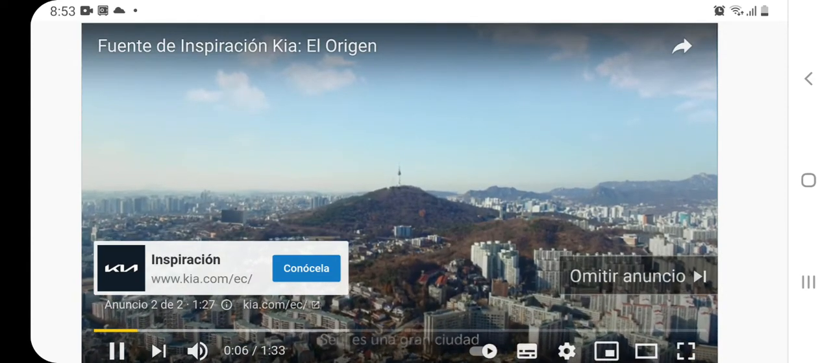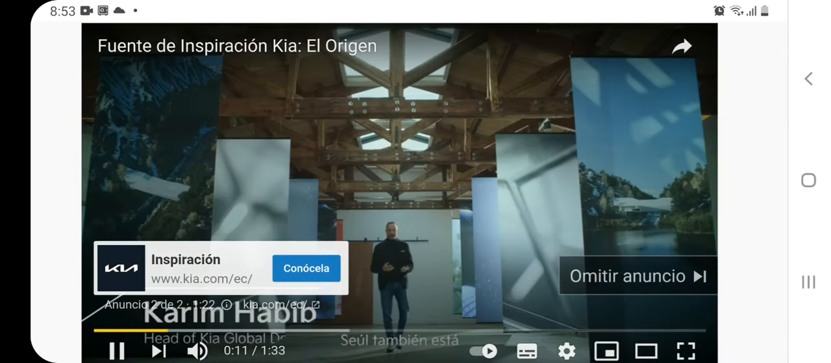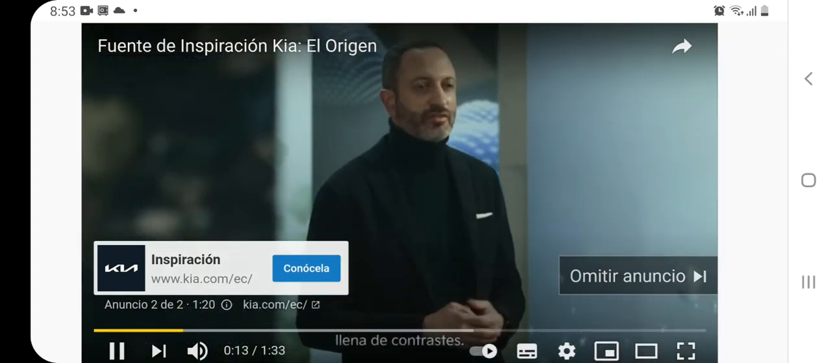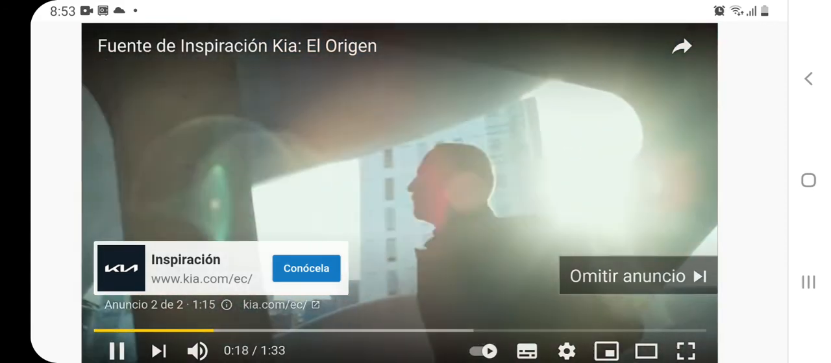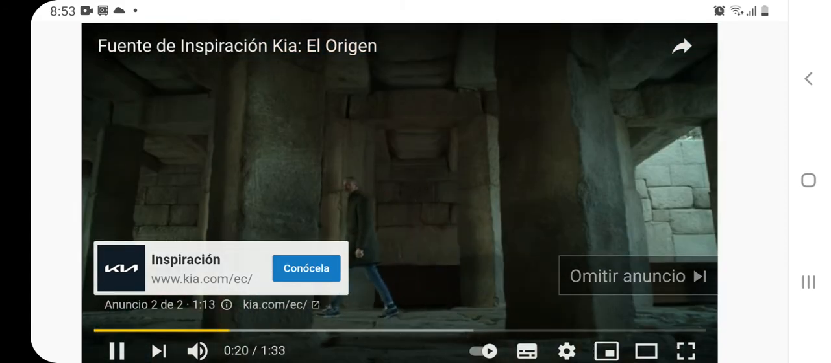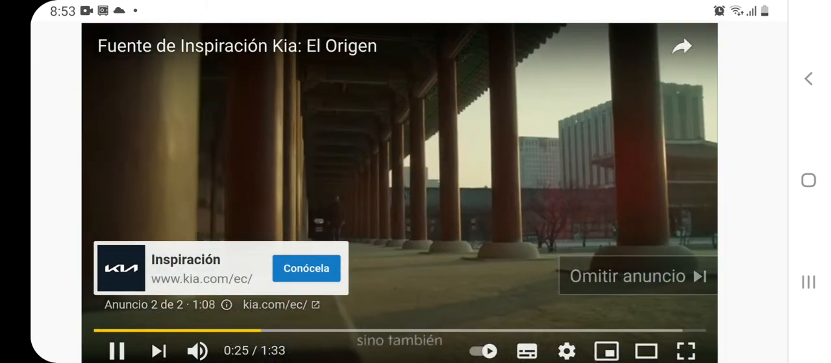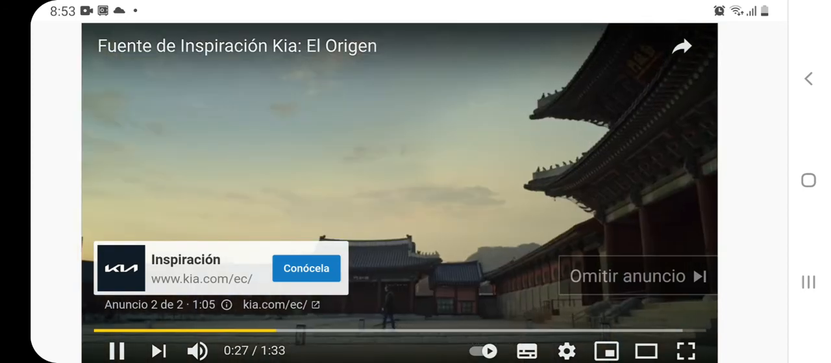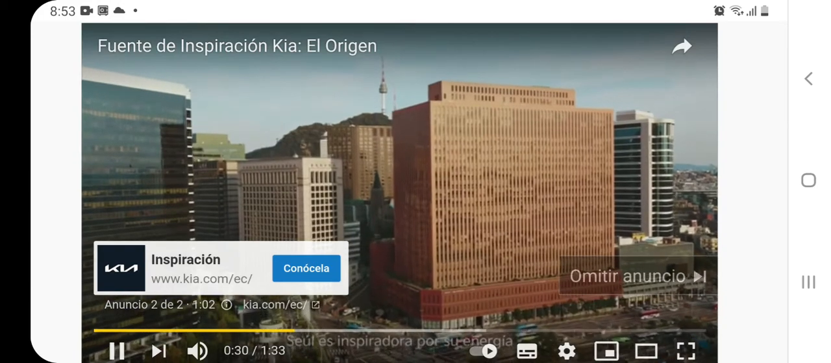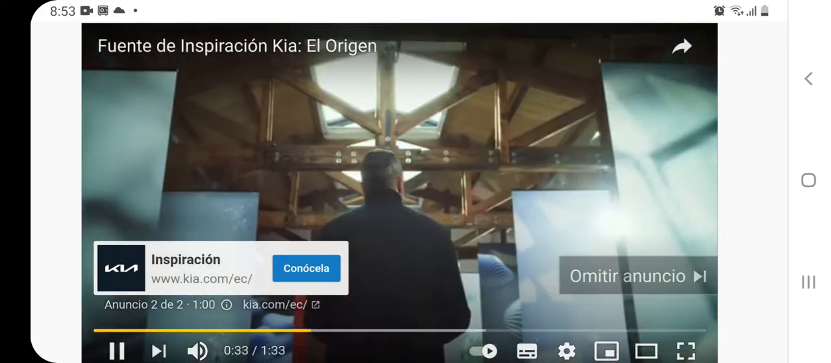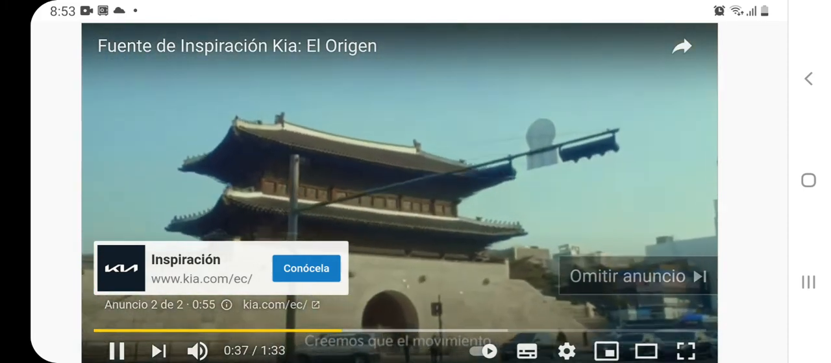Seoul is a huge, international, world-class city. Seoul is also full of contrasts. In Seoul, you find new cohabitating with old. You also find incredible energy, speed, but also some wonderful pockets of calm. Seoul is inspiring for its energy. And that energy is also what inspires us at Kia. We believe